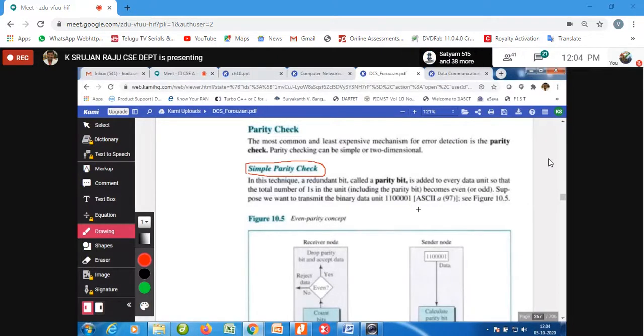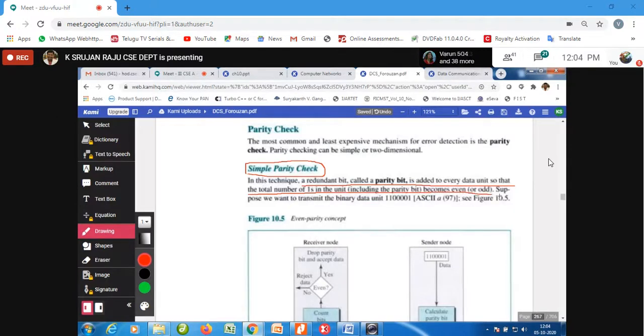In the simple parity check, a redundant bit called a parity bit is added to every data unit so that the total number of ones in the unit becomes even or odd. Either you use even parity or odd parity.